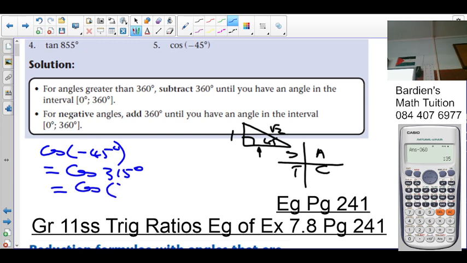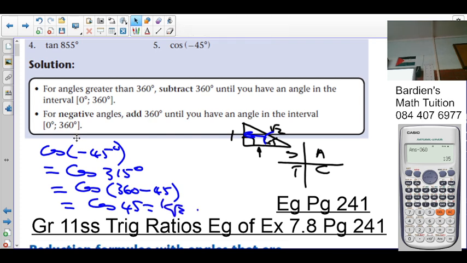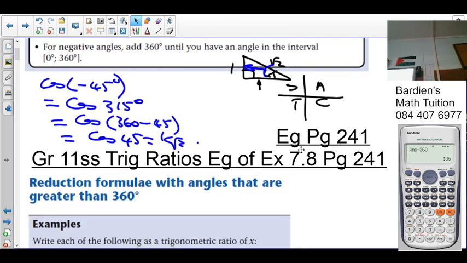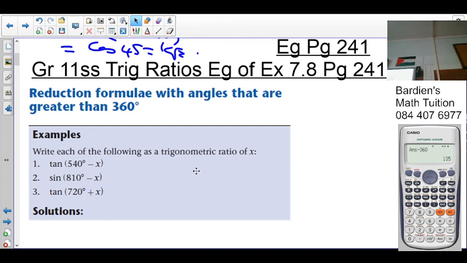So it's cos of 360 minus 45. Is cos positive or negative? Positive. So it's cos of 45. Hang on. 1 over root 2. Okay. Is that it? Yes, it is. So with that, you should be able to do